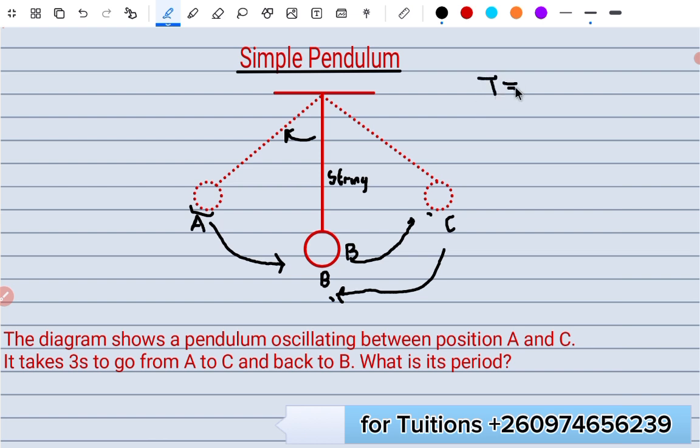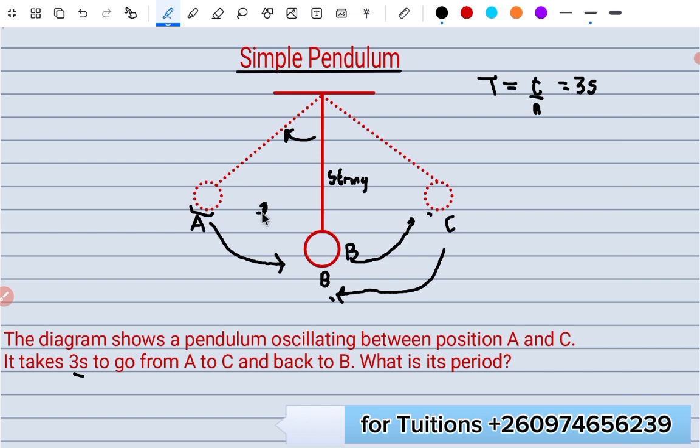So we said period is equal to T over N. So we're told it takes 3 seconds. That's the time it takes. So we're going to say the time is 3 seconds. Now, what will be the number of oscillations? So the number of oscillations is the number of swings. So we count this one as